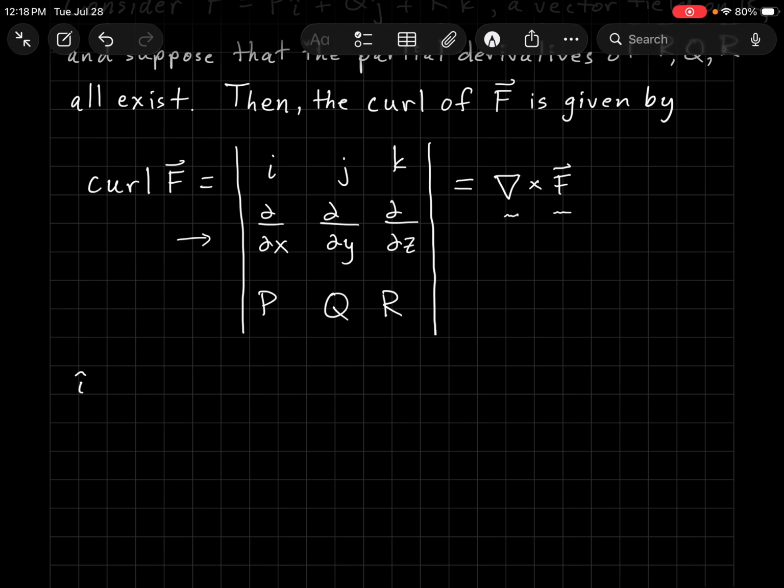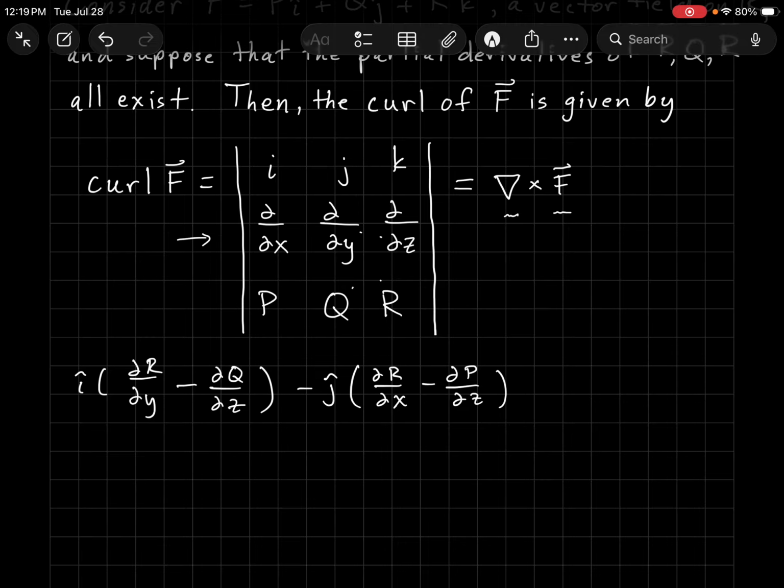We're going to do i times, and of course, normally we would say this thing times this thing, but it's really the partial derivative with respect to y operating on R, and then minus this, not times that, but the partial of Q with respect to z, and then minus j, and we get the partial of R with respect to x minus the partial of P with respect to z,